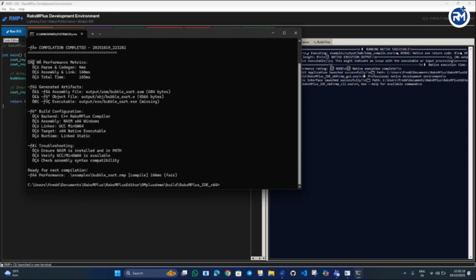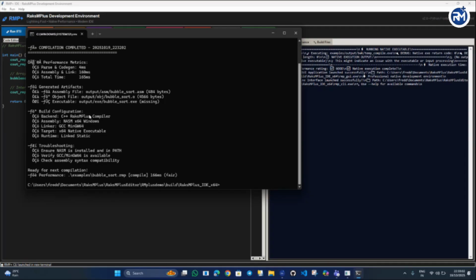It is also creating .asm and .o files, and the .exe is missing. That is because for this particular assembler we have used NASM. In that assembler, exe packaging has some dependencies, which gives an error. But if we create this with GCC or other assemblers, or Clang, all of those work fine. But here we have used NASM, and here you can see the compile time,